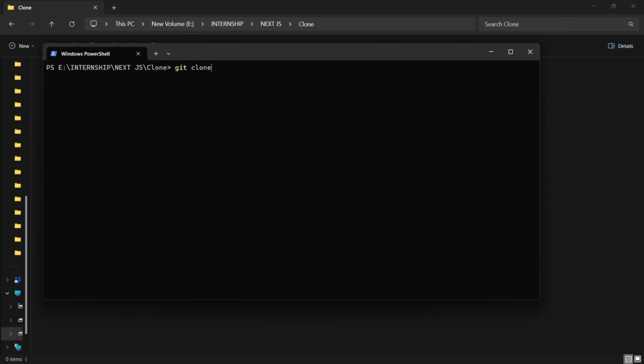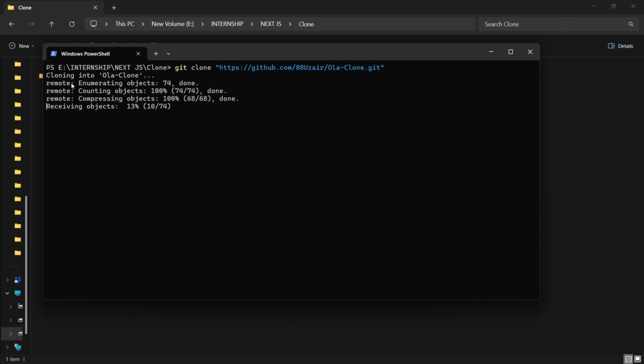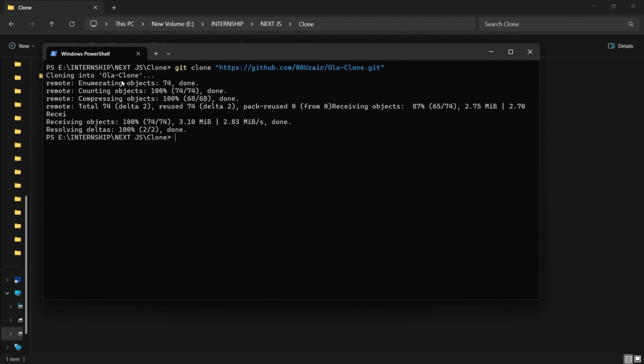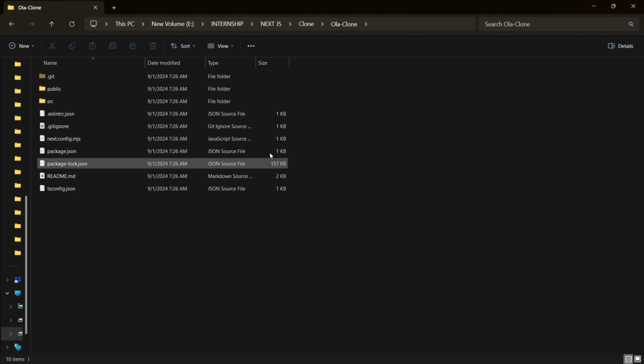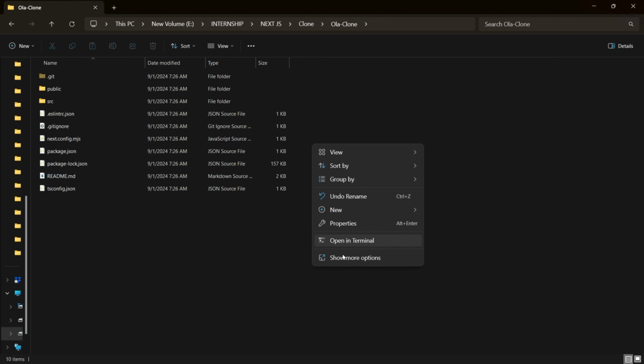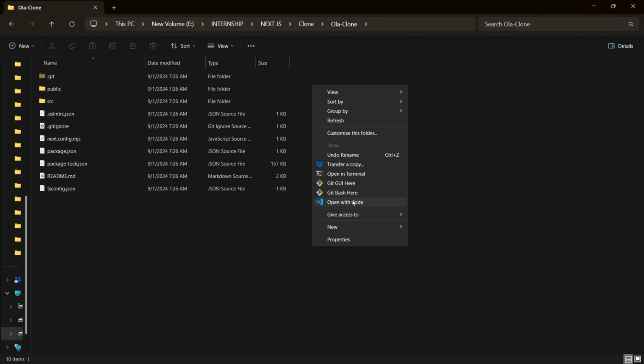here git clone, then paste the URL here which had been copied from there and hit enter. Here cloning the Ola clone here. You can see here our Ola project has been cloned here. Then if you open in the VS Code,